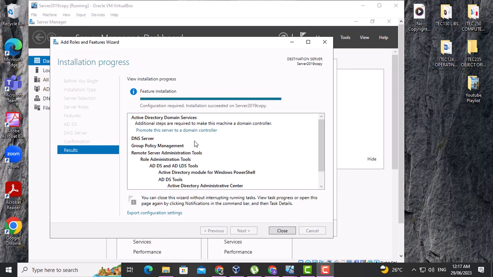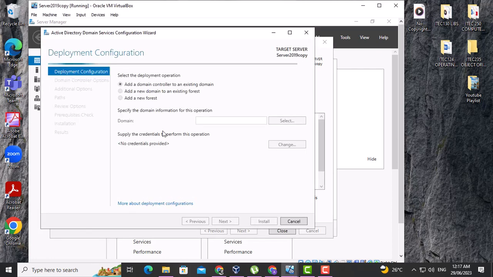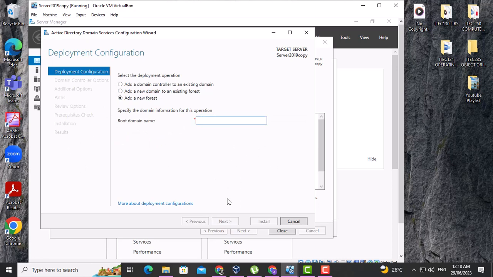Alright, so now that it's done, you'll see configuration required, installation succeeded on Server 2019, complete, the name that you had entered. So what we're gonna do is select promote this server to a domain controller. This is gonna load. And now we're gonna press add a new forest. When we do press add a new forest, we're going to put a domain name here, and I'll put mine as